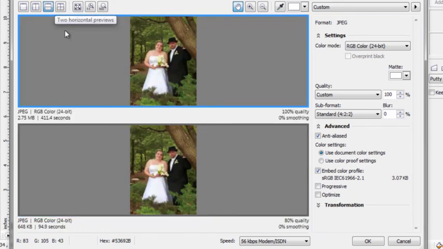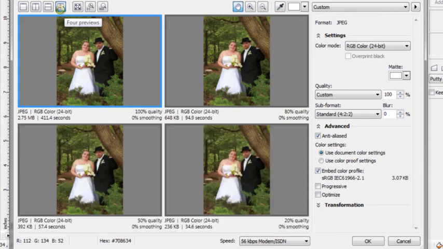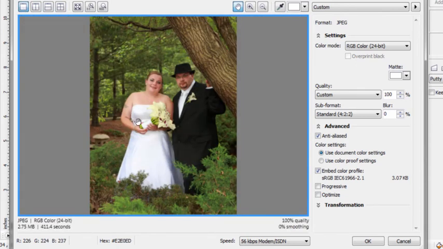This one's one over the other, and then this one's a 4 window. We'll just work with one because typically when you're exporting, you sort of know. I would always suggest to do 100%. If we're doing images for the web, then you may want to run it down around 30 or 40, and you may want to have the split window just so you can see what it looks like. But for what we need to do, we're always going to run at 100%